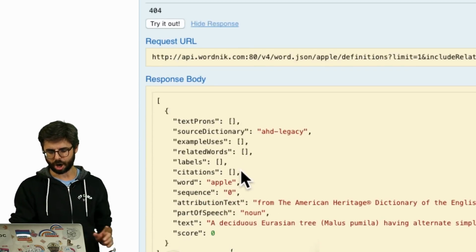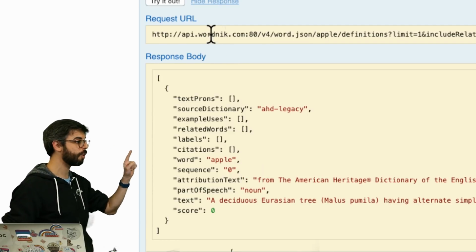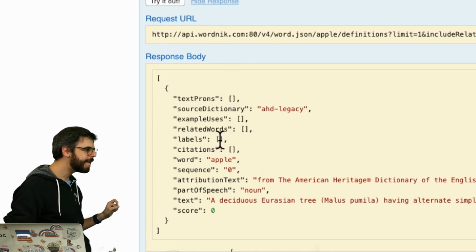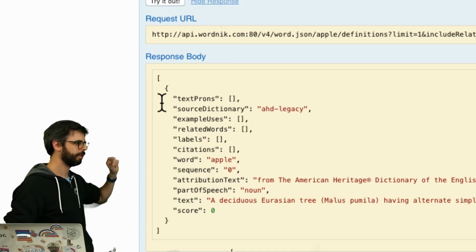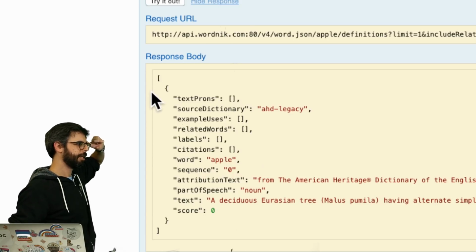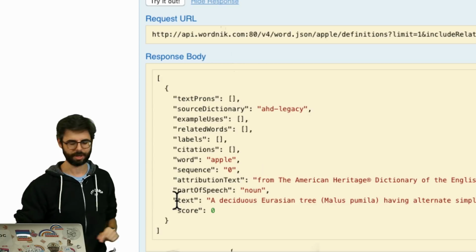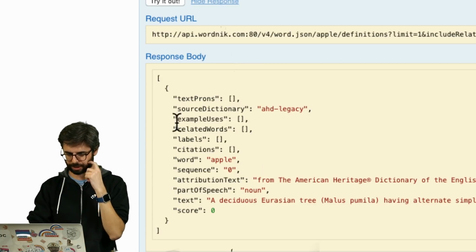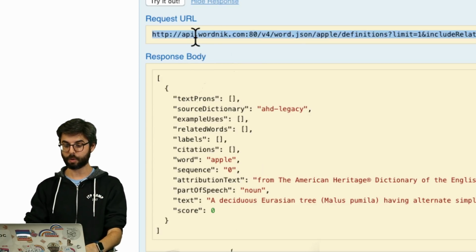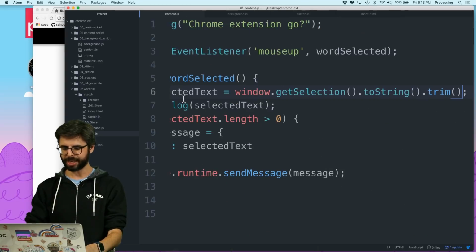So this is the call. This is the request URL that I need. And then the definition is in an array. Oh boy. The definition is in an array, and it comes under text. Okay. So what I'm going to do is grab this request URL, and what I can do